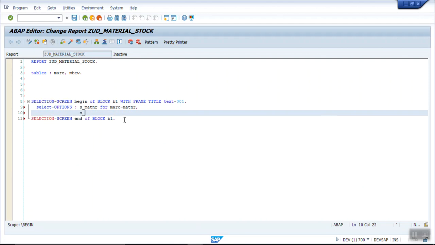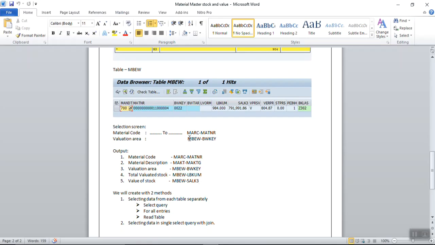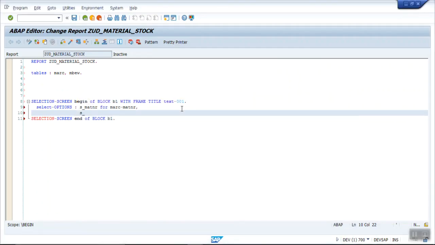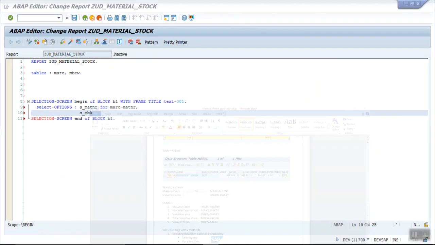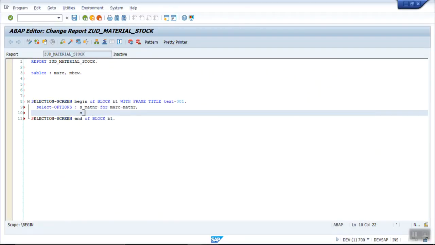My valuation area is the same as plant, so instead of MBEW I can also use MARC. Okay, so I will use, let's say, valuation area, that is BWKEY for MBEW BWKEY.